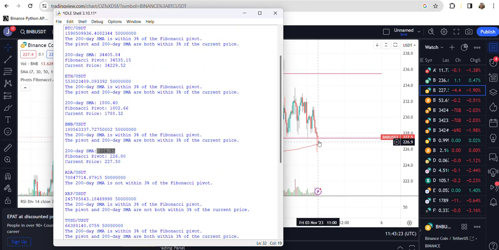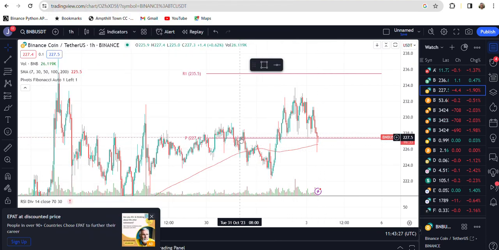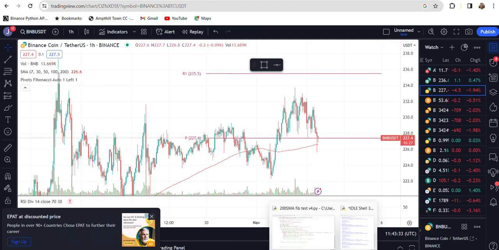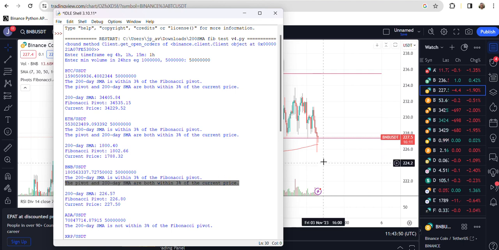The Fibonacci pivot is 226.80. My own calculation is slightly different, 226.80, so close-ish. And then the price, I'll just check, 227.50. Yeah, that's the price at the moment. So we can see it said that for BNB, both the pivot and the 200-day SMA are within 3% of the current price.